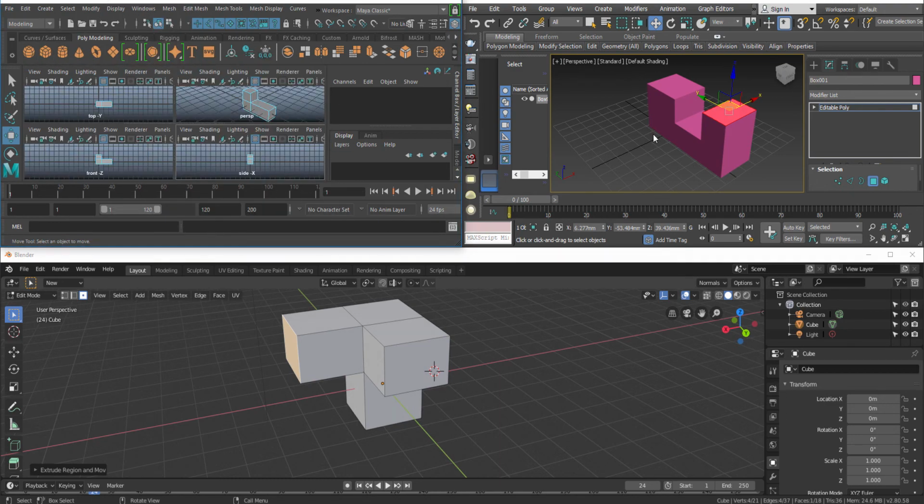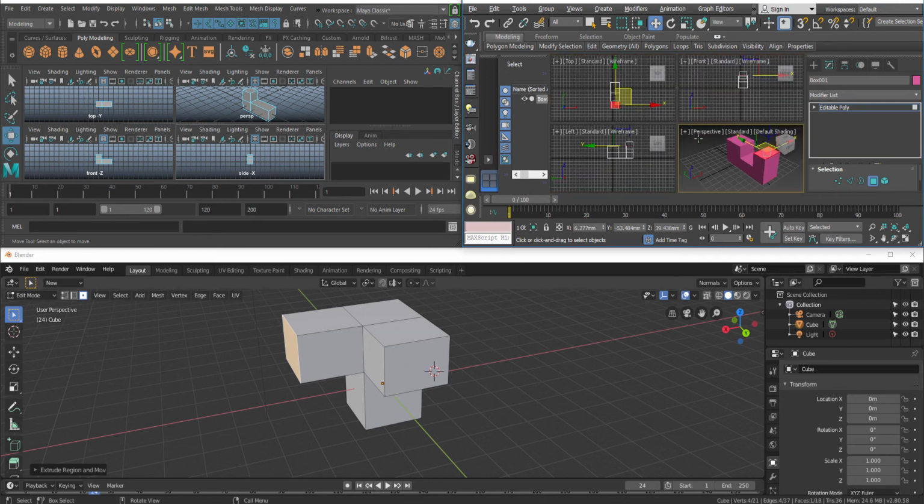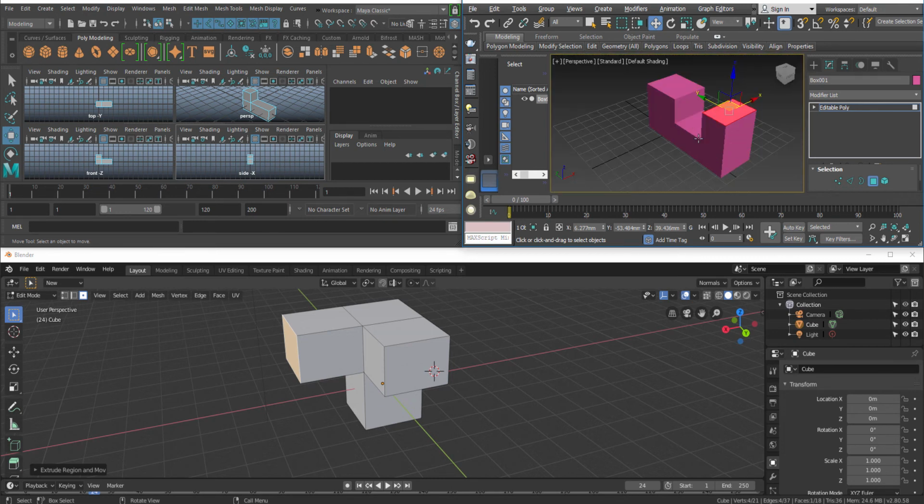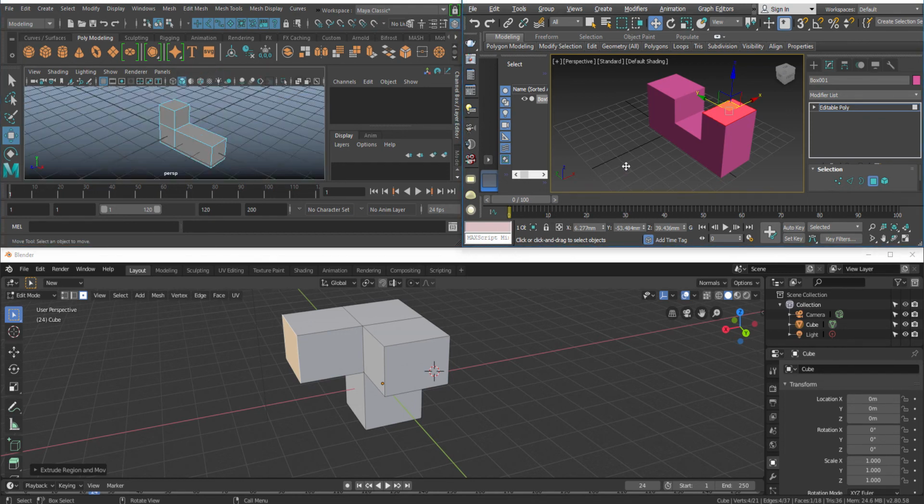But in Max, if you hit space bar, you lock the selection, and you cannot unlock it until you press the space bar again. So for four view you have to press Alt and W. So Alt W is the one which goes back and forth from four view. So it's completely different. There is nothing similar.